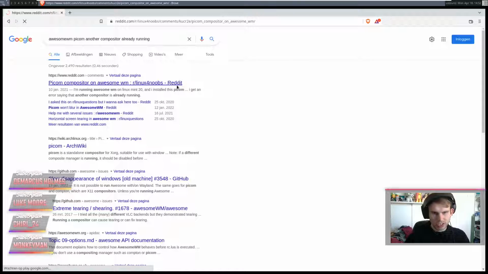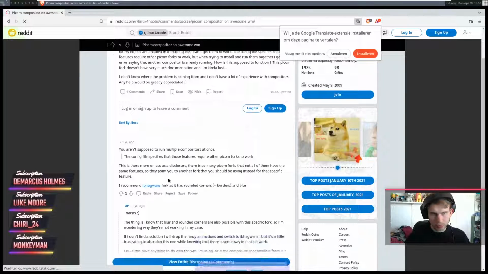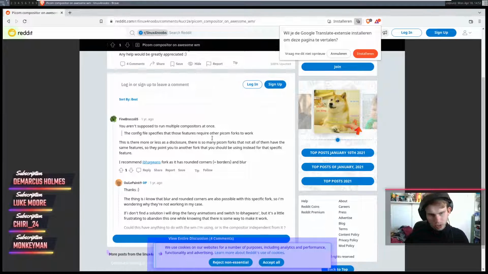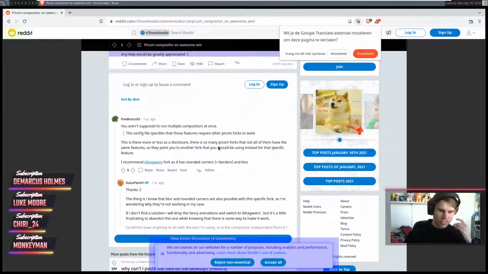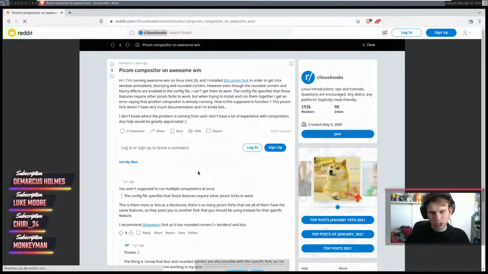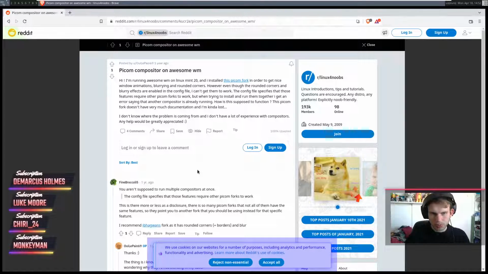Yeah, you know what? Let's just see what we can do with this. You aren't supposed to run multiple compositors at once. Gee, I'm not quite surprised by that, honestly. But if you could at the very least tell me what I'm supposed to do to fix it.